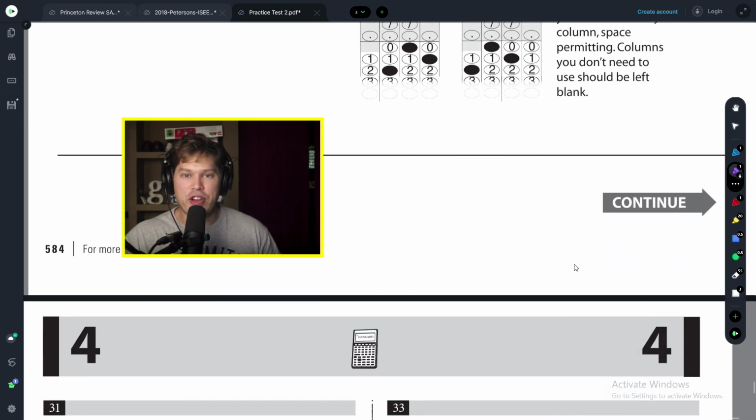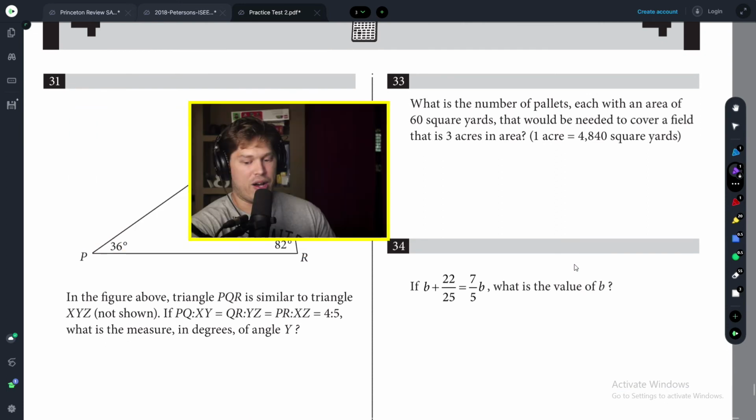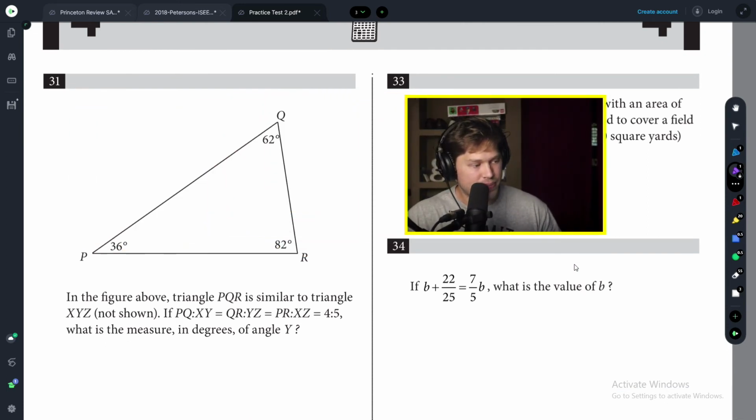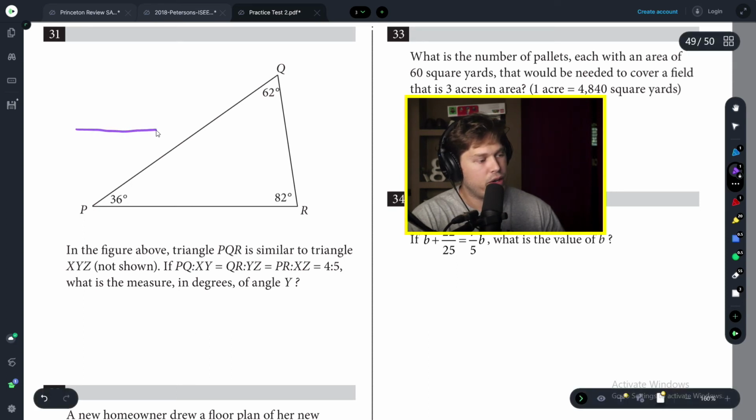And we are officially on to the free response questions. Look at that, on to number 31. In the figure above, triangle PQR is similar to triangle XYZ, not shown. So we have some similar triangle. So let's just go ahead and sketch it. We have some similar triangle